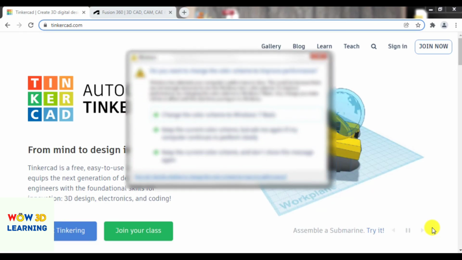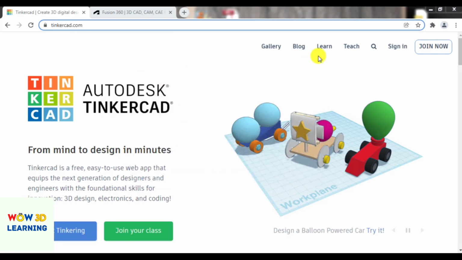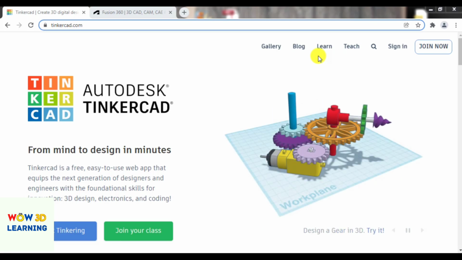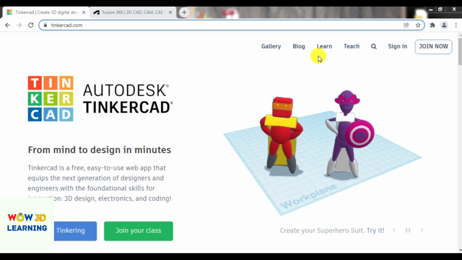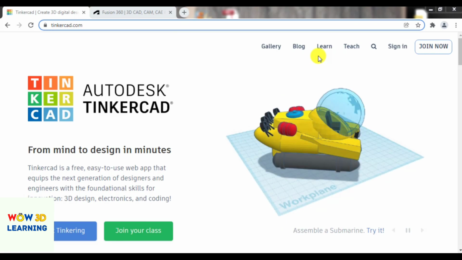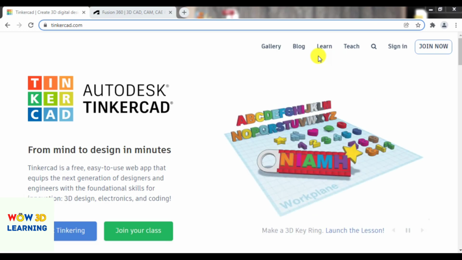This video series is a starting version on using Tinkercad in school classrooms. For those of you who don't know what Tinkercad is, just know that Tinkercad is a free of charge online modeling software that runs on a web browser. It is an entry-level introductory 3D modeling software to construct solid geometry. It is owned by Autodesk, which is a software giant in the computer-aided design industry and offers various solutions.